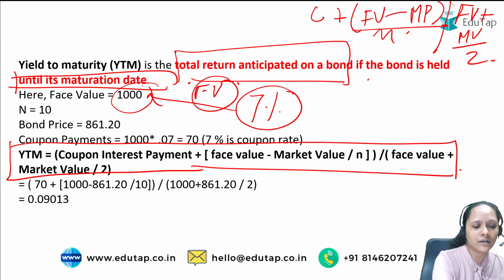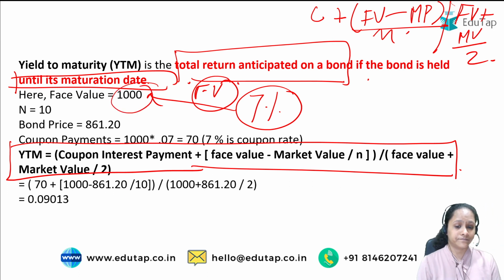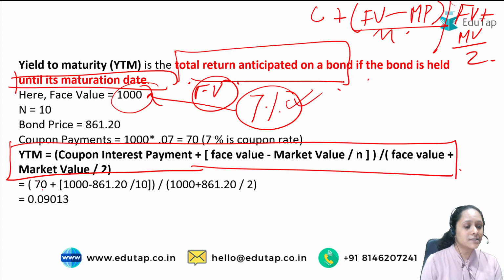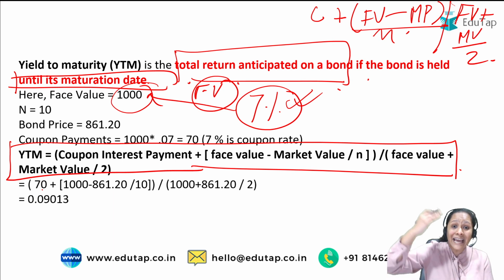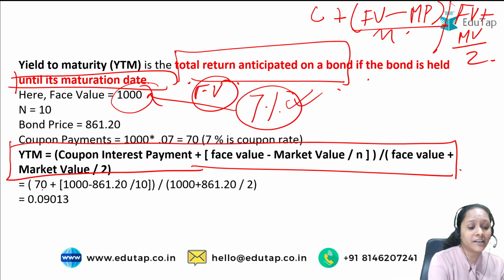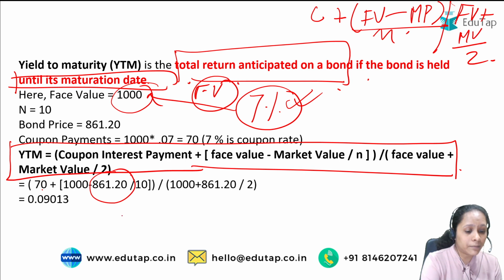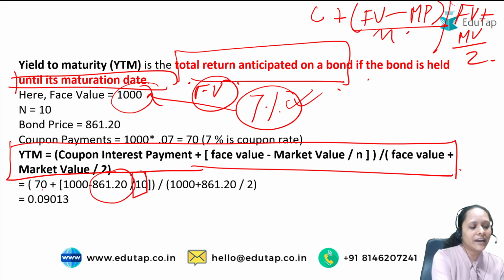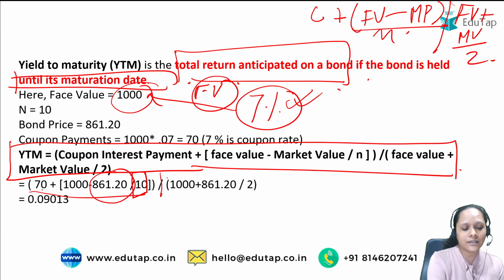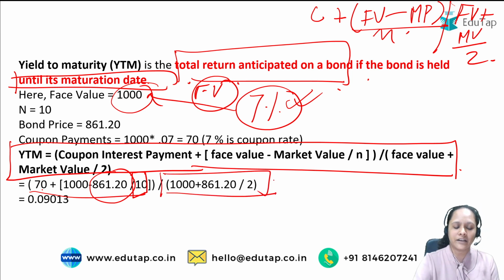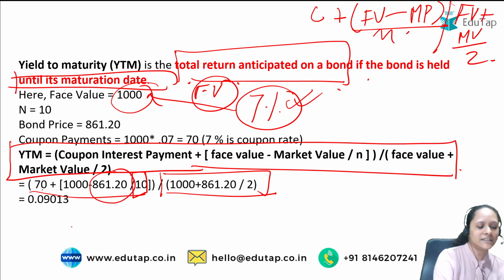1000. What becomes your coupon payment? 70. So 70 plus the face value. What will be the face value? The value which you will be receiving at maturity, subtracted by the current market price. What is the current market price? The price at which Mr. Murthy bought the bond, divided by the number of years left till maturity, which is 10. Now you divide this whole term by the summation of face value and market value divided by 2, and the answer turns out to be